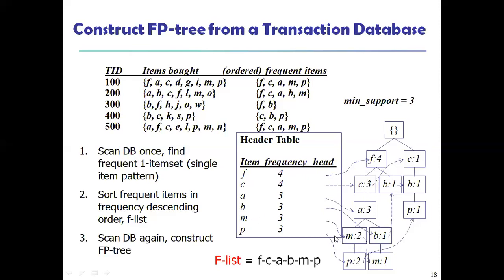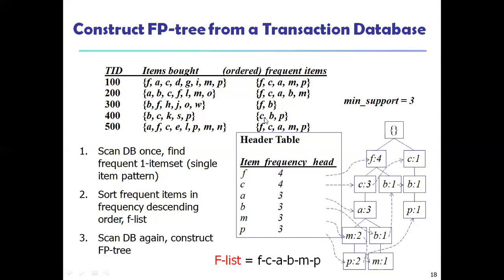So M should come only 3 times, P should come under like 3 and F should come under 4, like that we have seen. You see, this is a null tree which starts from the null and has to come along with the order. The first set is ordered F, C, A, M, P. So if you scan, F, C, A, M, P, one order has come. The next one is F, C, A, B, M. So F, C, A, B, M. The next one is F, B. After F, it is only B, so with 2 items it has to stop.